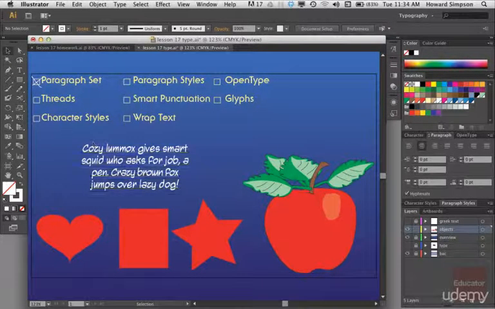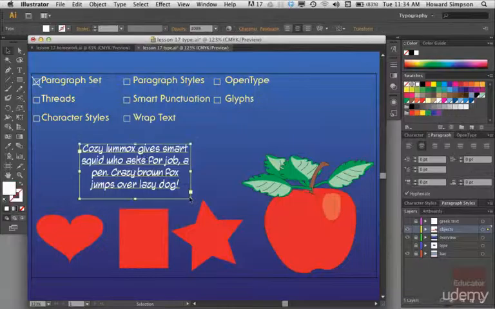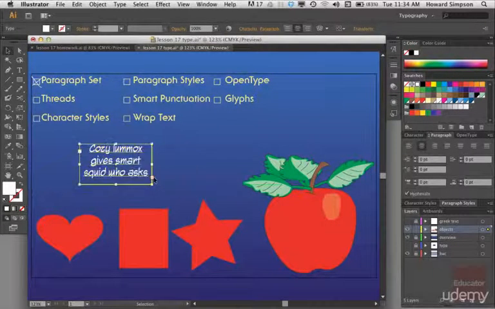Okay, now I told you before in the last lesson, because we kept getting that overflow port. So here it is again. Now I'm going to show you how to deal with this in a different way with threading, because other ways you dealt with it was by editing the type if you didn't want to overflow and moving it around on the path. So now if you use your selection tool, you double click this overflow port,